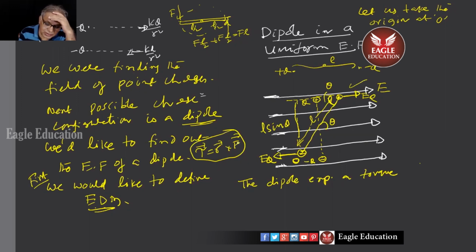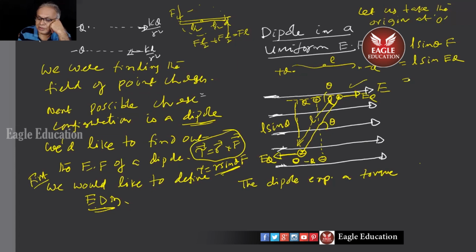So torque is R cross F, you know it, right? Torque equals R sine theta into F. We can write that way. That is perpendicular distance into F. So this perpendicular distance here is L sine theta into F. That F is EQ. So this is torque of this force. Torque of this force will be 0 because the origin is here itself. Mod R sine theta is 0. R is 0 here.